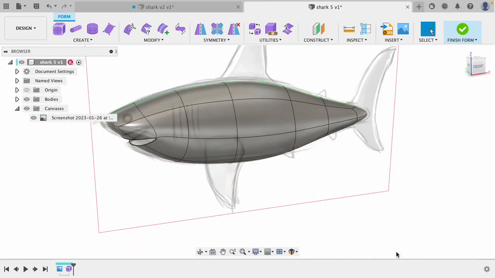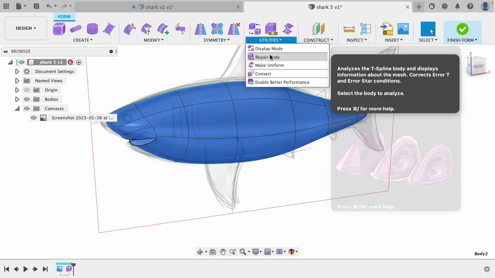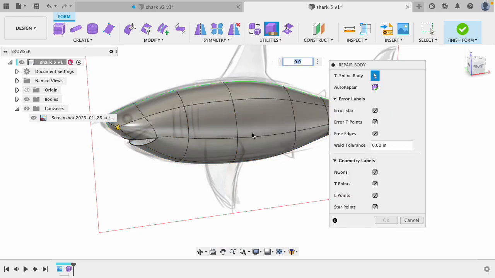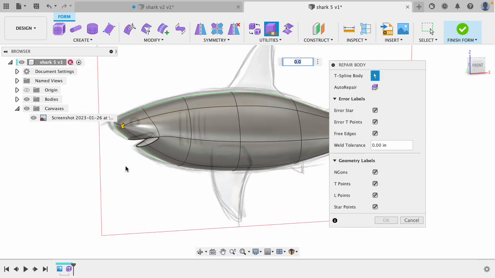Okay, and then jumping ahead here, but housekeeping tips. One thing I always do is double click the body and then use this repair body that should be up in your toolbar. If it's not there, click on this and repair body. This should probably not do anything, but when you've made extensive changes, sometimes there's subtle little problems that